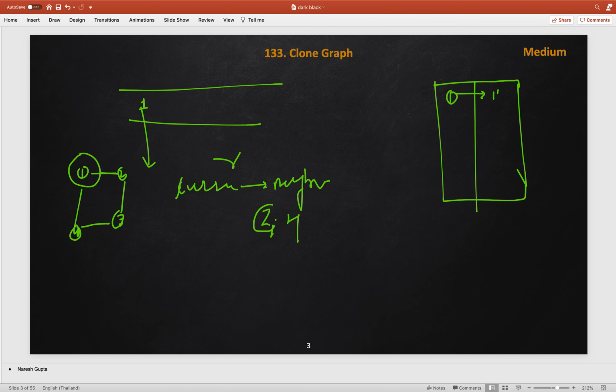So first we will get 2 and we will check if it is not already visited or cloned, then we will mark it as cloned, 2 to 2 dash, and add it into the queue. Similarly for 4, we will get the 4, add it into the map and also add it into the queue. Then, as we already created the clones of 2 and 4, we also need to add them into the adjacency list of our clone node 1. So we are processing node 1, we will add both cloned nodes, this 2 dash and 4 dash, into the list of 1. So this approach we will follow.